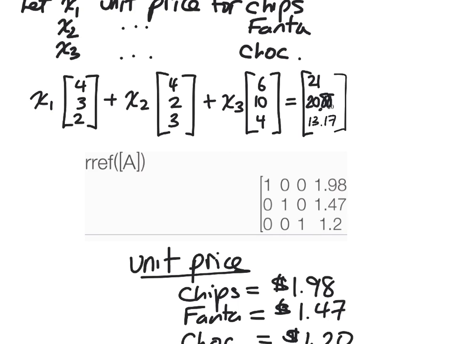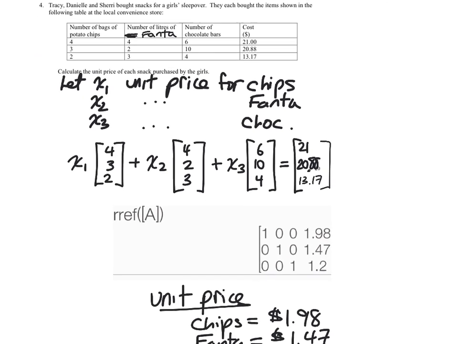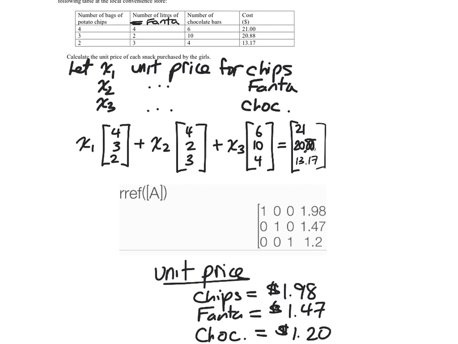So that's the unit price. Now, it's a little iffy on exactly whether or not that falls into the spirit of the definition of unit price, because they don't always define a single unit as a bag of potato chips. It's usually in terms of ounces or pounds or something like that. But that's a general idea. When we're talking about the unit price, you're talking about the price for a singular. So in this case we're defining it as number of bags, number of liters, number of chocolate bars. But if you're doing it by ounce,